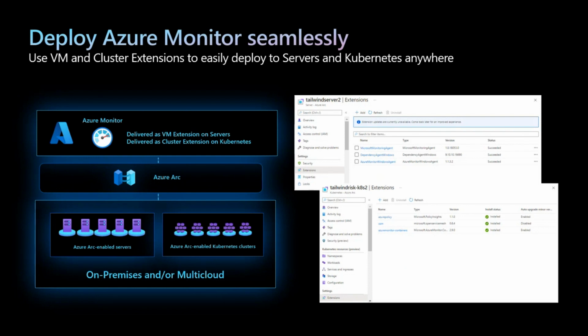But the unique capability of this Arc agent is, if you have the Arc agent installed, and I want to do, let's say, an SSH connection, or install any of these extensions, whether it's for accessing Key Vault, or for the monitoring agent, or for Defender for Cloud or anything, I don't need to request my customer to open any kind of inbound port or connectivity, or make a hole in their firewall.